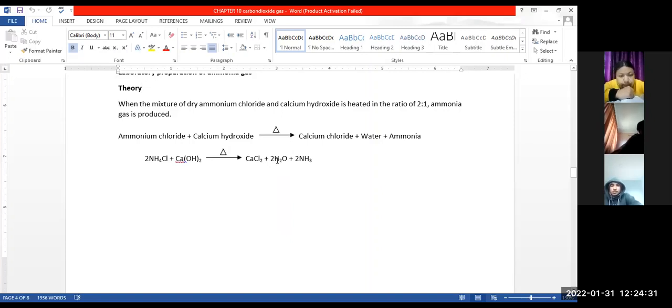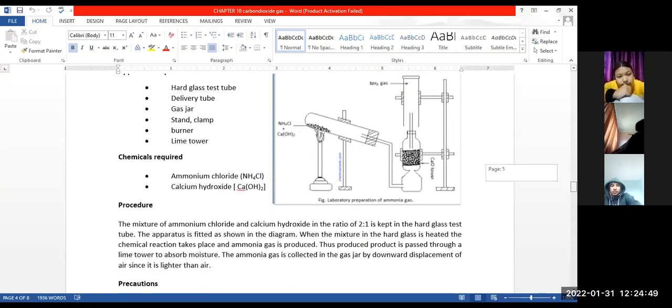यो कुरा बुझ्नुस् है, प्रोडक्टमा निस्केको छ, वाटर पनि निस्केको छ, एमोनिया पनि निस्केको छ है। तर यो वाटर चाहिँ भ्यापरको फर्ममा हुन्छ। सो एमोनिया र वाटर कम्बाइनली दुईटै ग्यासेस स्टेटमा भएको हुनाले the mixture of ammonia gas and water vapor both pass through the delivery tube. अब delivery tube बाट पास हुने भनेको एमोनिया ग्यास मात्रै होइन रहेछ, त्यसमा वाटर भ्यापर पनि आउँदो रहेछ। यो कुरा निकै महत्त्वपूर्ण छ, तपाईहरुले बुझ्नुपर्छ।